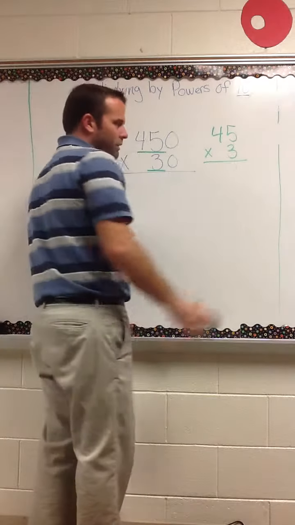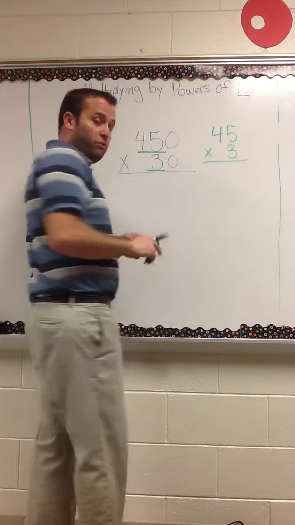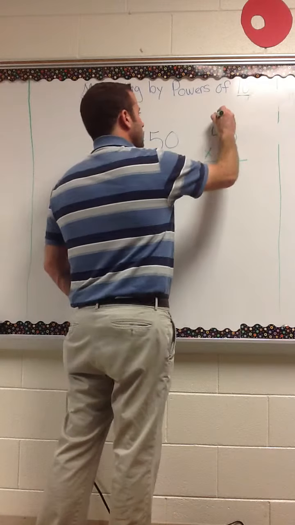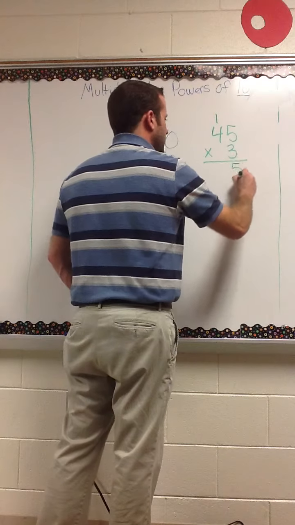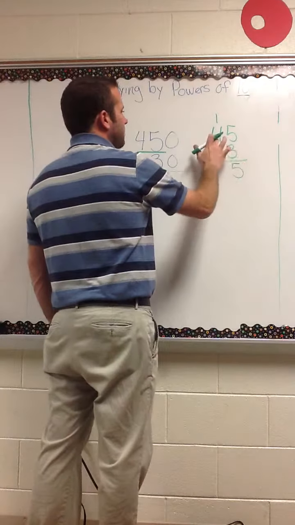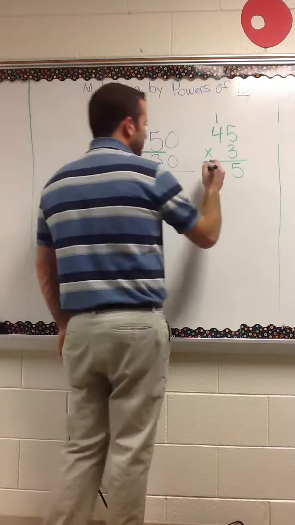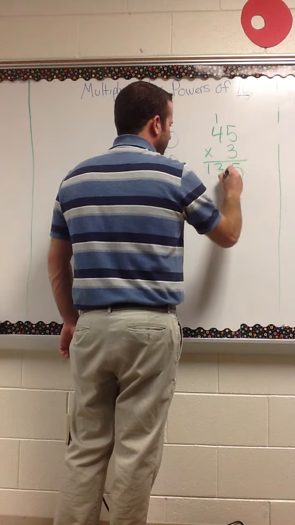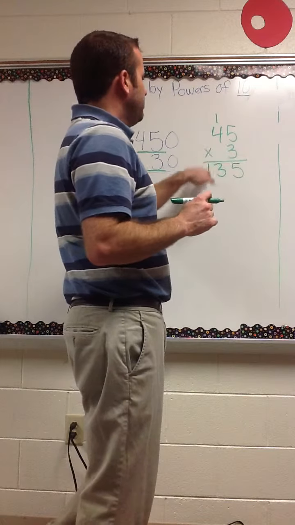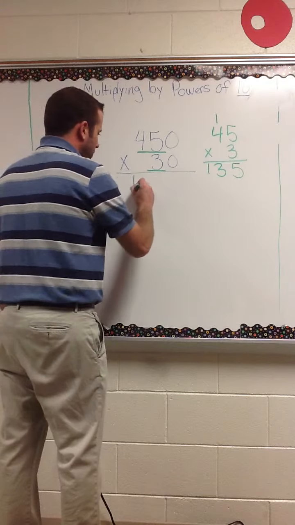Well, again, as I've done with every multiplication problem, I'm going to start here and I'm going to say 3 times 5 is 15, or one group of 10 and 5 ones. Now, 3 times 4 is 12, plus my extra group of 10 is 13. So what I have is 13 tens. I put that together, 45 times 3 is 135. So I can bring that answer back under here,